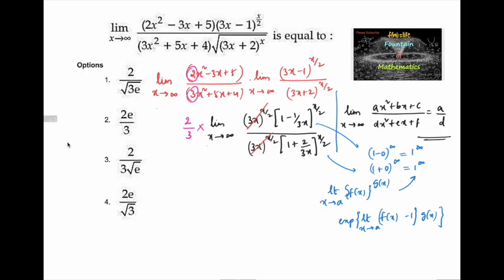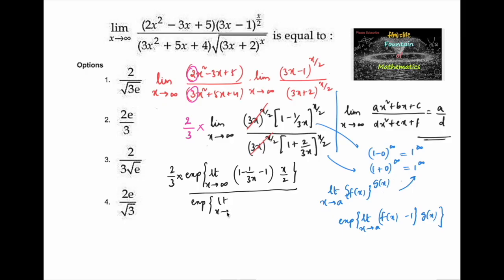So here we can apply it: 2 by 3 into exponential of limit x tends to infinity, the numerator part, 1 minus 1 upon 3x, f of x minus 1 into x by 2. Similarly in the denominator also, exponential of limit x tends to infinity, 1 plus 2 upon 3x minus 1, whole to the power x by 2,